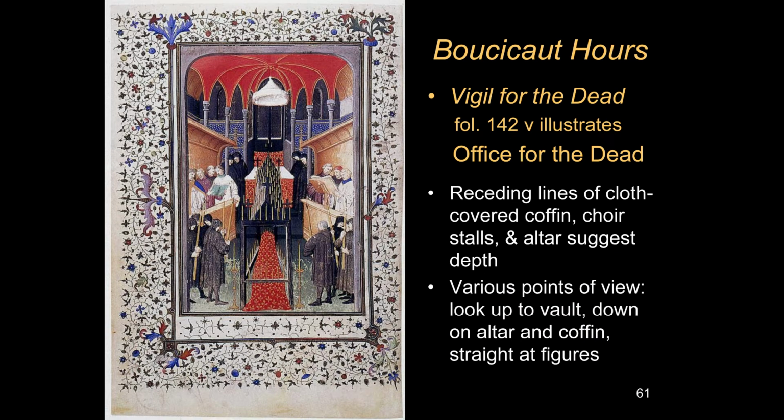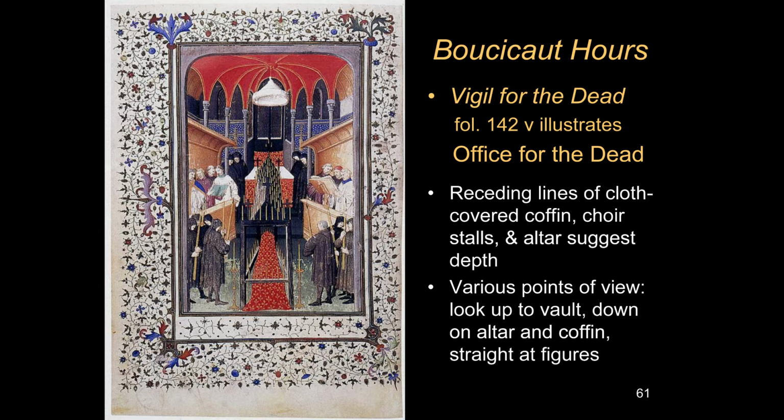Now, in the books of Hours, they very frequently have, of course, the prayers and responses and verses related to the little office of the Virgin, but they will also have some very useful things, such as the office of the dead, the office for the dead. These would be the prayers that you should say when people that you know have died. And here the image is shown, it's been called either the vigil for the dead, where people are keeping vigil over the body, which is within a coffin that is covered with a beautiful decorative cloth.